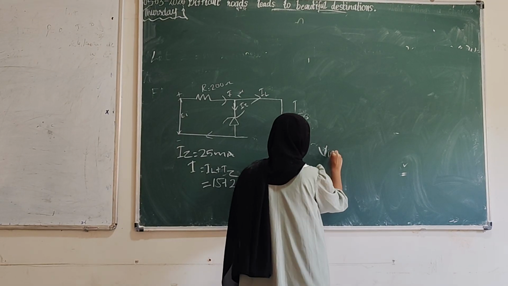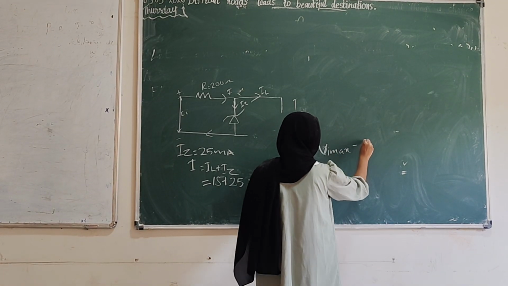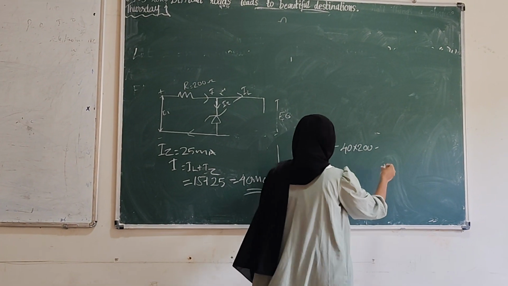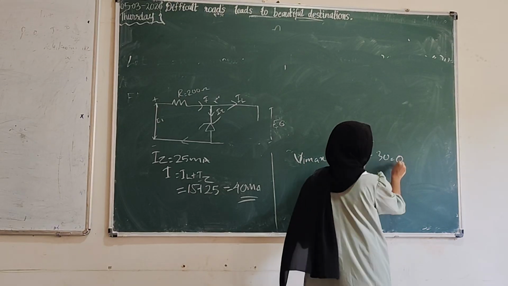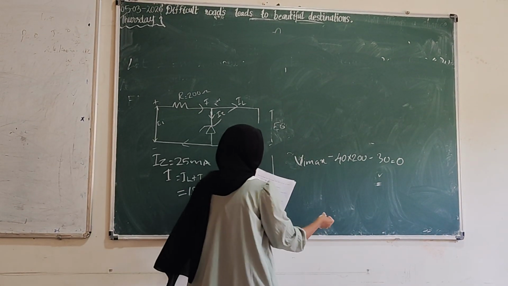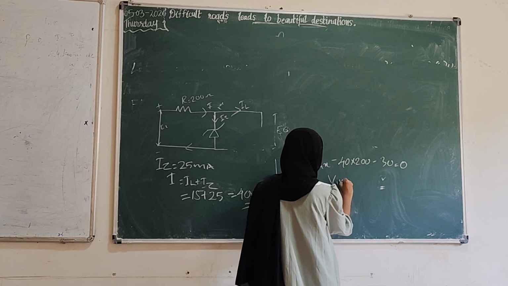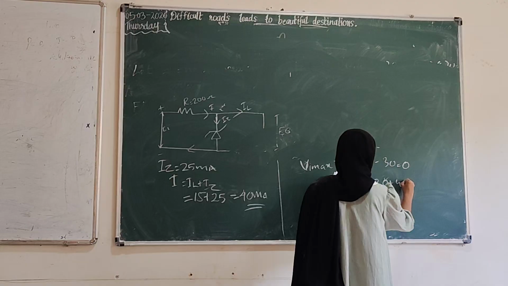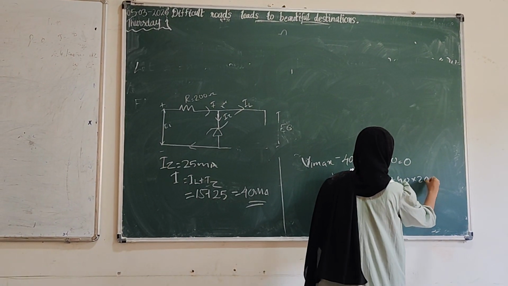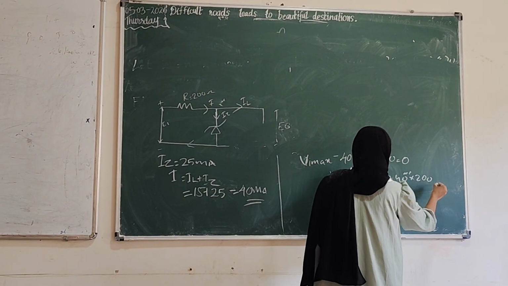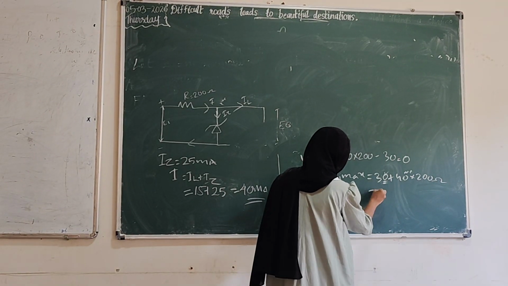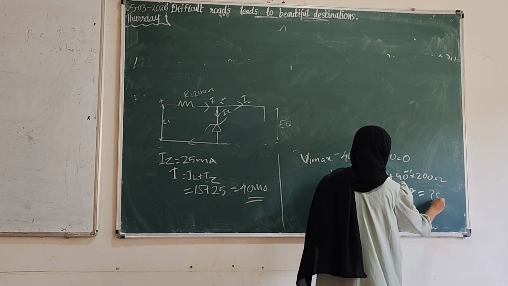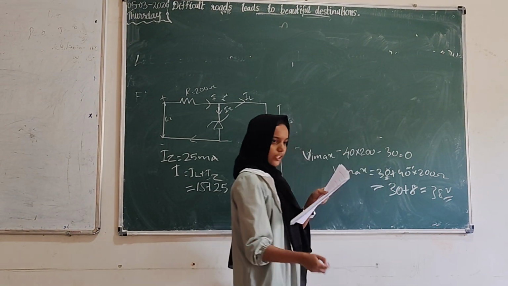VI maximum minus 40 into 200 minus 30 is equal to 0 by Kirchhoff's voltage law. So VI maximum will be 30 plus 40 milliampere into 200, that is 8, 38. So the input voltage